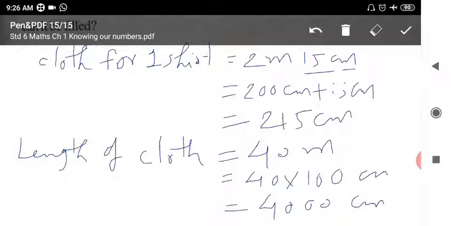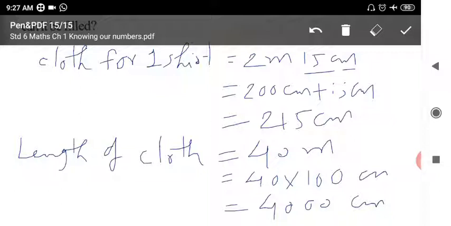Okay, how we will remember? Just see here, whenever this kind of number comes, at that time what you have to do? You have to just multiply the numbers except 0, means 4 and 1. 4 ones are 4, and total how many zeros? 1, 2, 3. That 0 we have to put after that 4. So we will get the answer 4000 centimeter. So now we are having perfect.